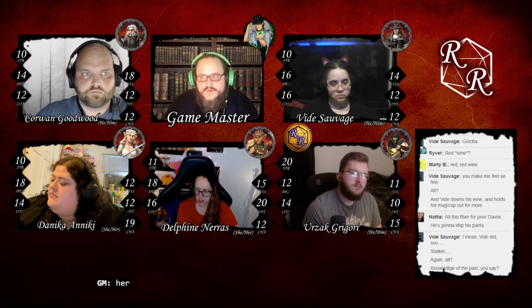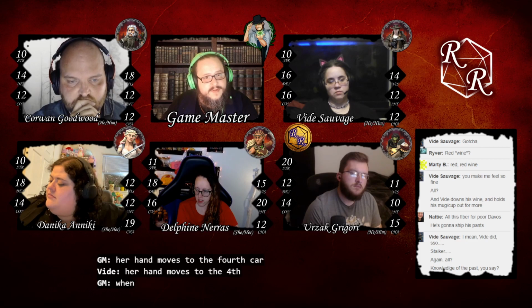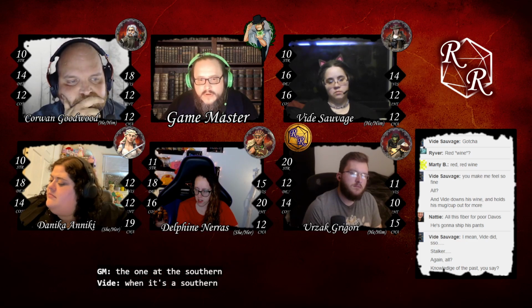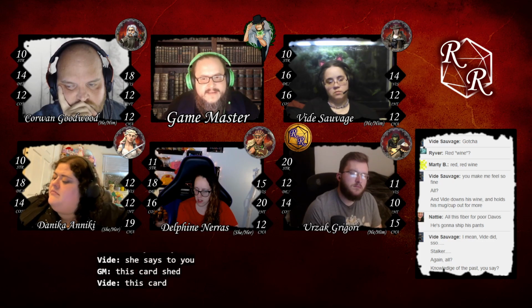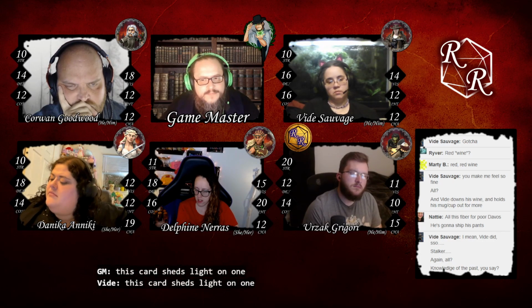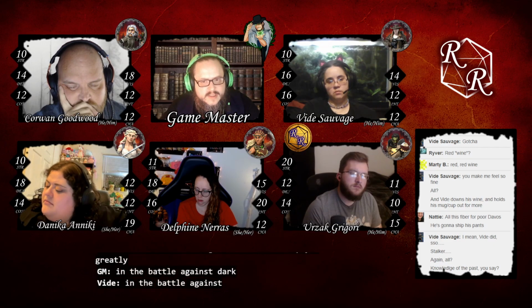Her hand moves to the fourth card, the one at the southern position. She says to you, this card sheds light on one who will help you greatly in the battle against darkness.